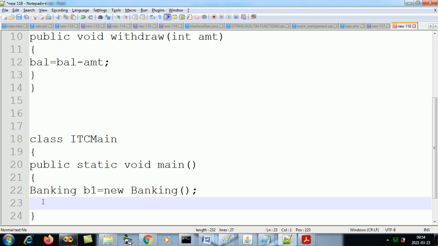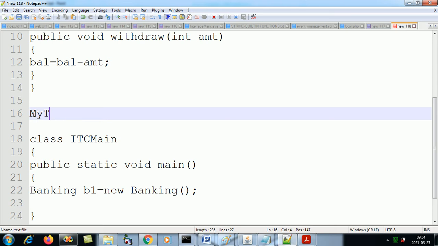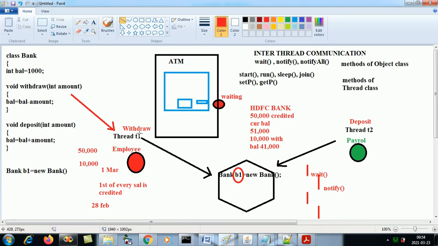Okay. Now for that I'll have to create a thread class first. I need to create a thread class. So I'll create two thread classes. One for thread 1, T1, and one for thread 2, T2. Yeah, you can say thread 1 is withdrawing, right?